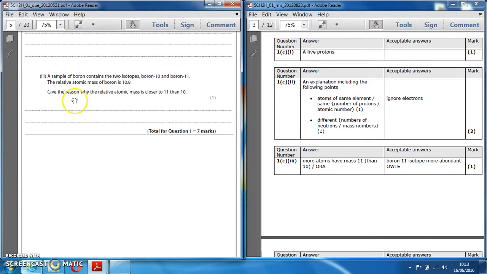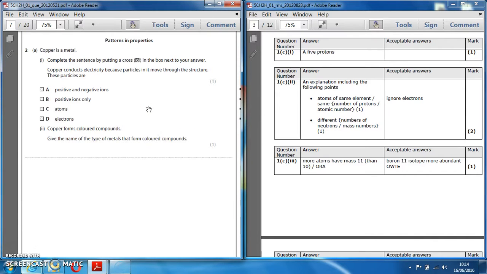This one here gives the reason why the relative atomic mass is closer to 10.8 rather than 11. It's just because there's more 11 than there is 10 for the easy answer. If you were having to do a calculation, you'd get a percentage, and let's say it was 50% of each. You'd find what 50% of 10 is, and 50% of 11, and add the 2 percentages together, and then that'd give you halfway. In this case here, it looks like there's going to be a much higher percentage of the 11 than